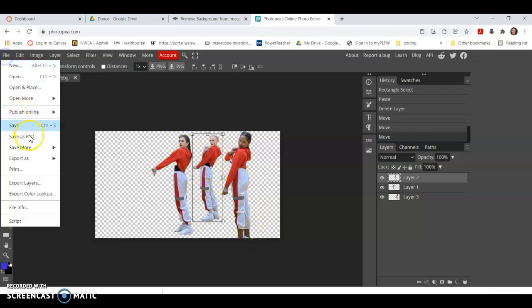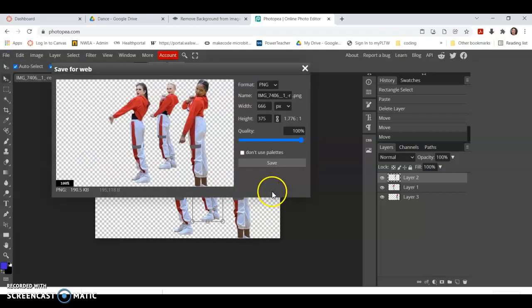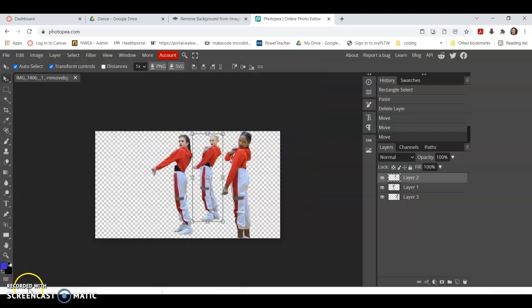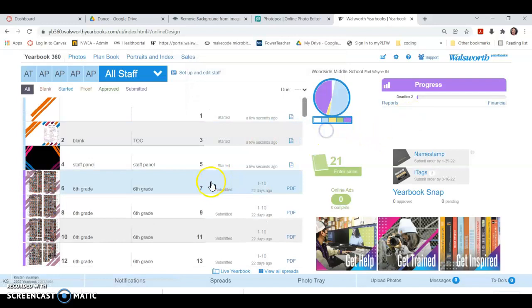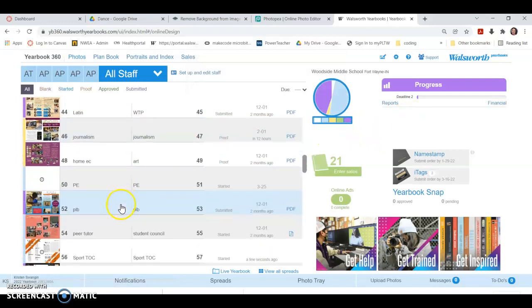And then I say File, Export as PNG. We want it to be a PNG because that will leave the background blank instead of it being a white background. So I'll hit Save, that also went into my downloads folder. But then I can go into my spread, go down to my dance page,